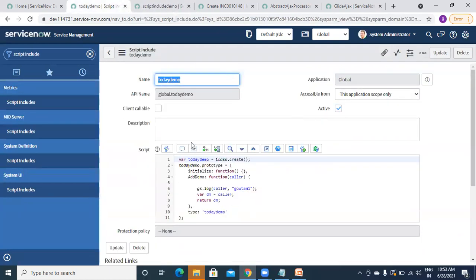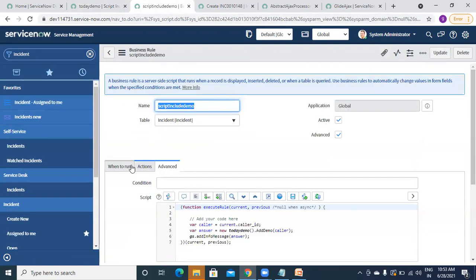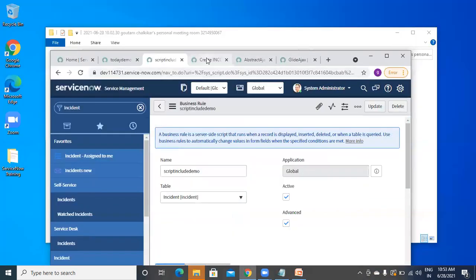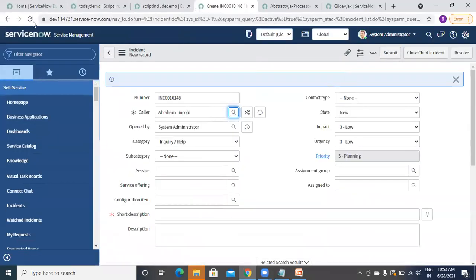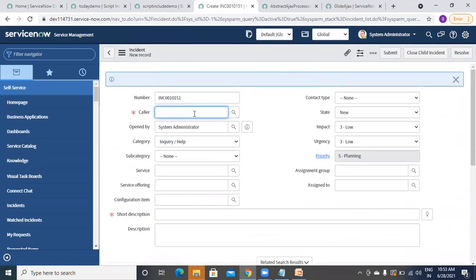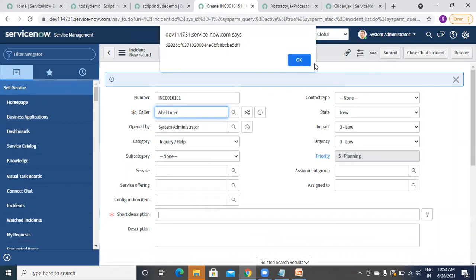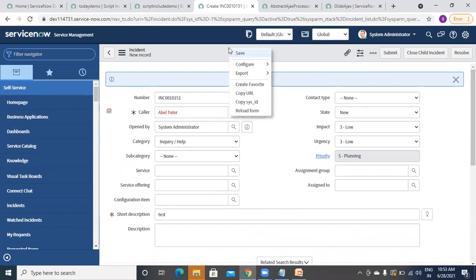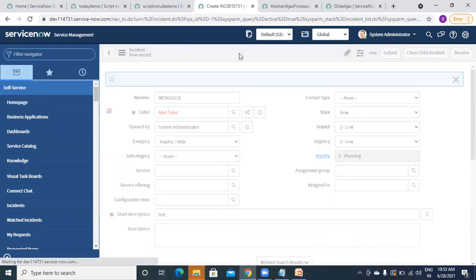So let's see, this is my script include. On before insert or update of anything, it should run. So I am going here, then reload my form. Put something here and something here. And now save it.